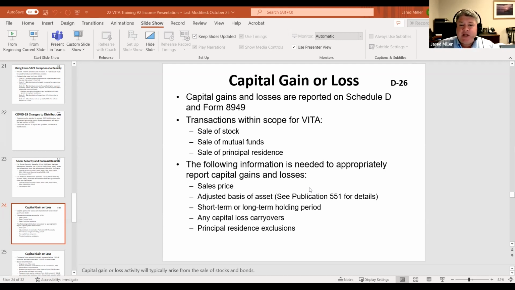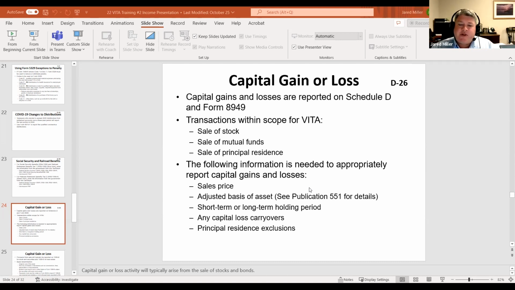So a couple of things we want to take a look at for capital gains and losses, a couple of things that we actually need. Simply sales price. So we have to know how much it sold for. Not really a big deal, because we're probably going to get that reported to us in one of these other 1099 forms. We do need to know the adjusted basis of the asset. So that's typically going to be how much the individual had paid for it, or maybe a couple of adjustments. I'll go over a little bit more information in just a second.